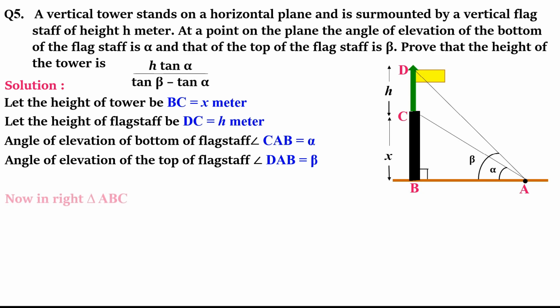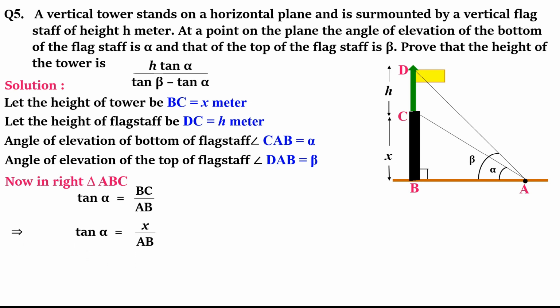So let's start with the first right triangle, that is your ABC, where we have angle alpha and the perpendicular as BC. So yes, tan alpha is BC upon AB, and BC we have taken as x. So here I will frame for AB, the common part. AB is x upon tan alpha, we will mark this as equation 1 and keep.